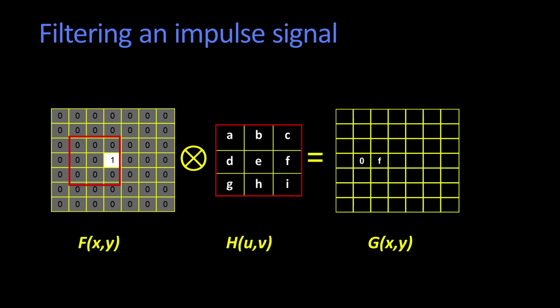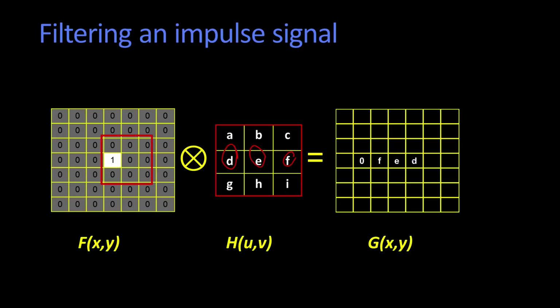Well, it just pulls out the f here. So this pixel right there pulls out the f, so an f goes right there in my result. Move it over one more time, what do I get? I get the e. Move it over one more time again, what do I get? I get the d. So you notice that even though the filter goes d, e, f, left to right, in